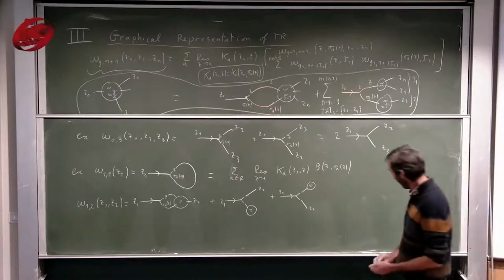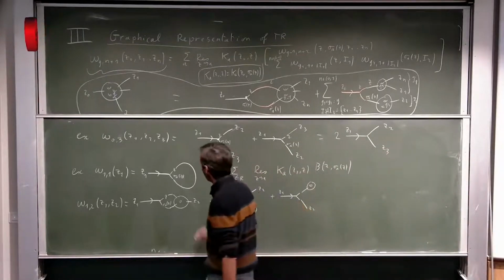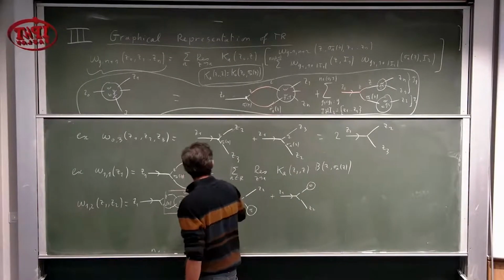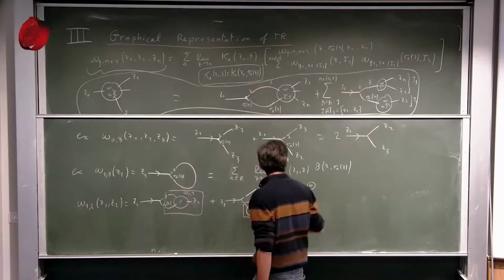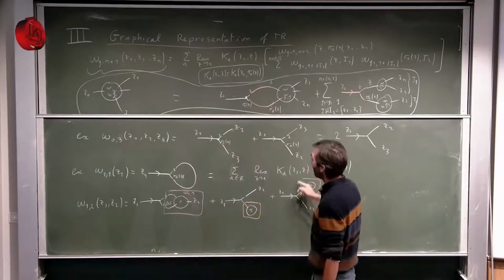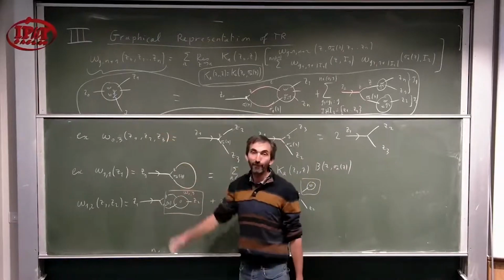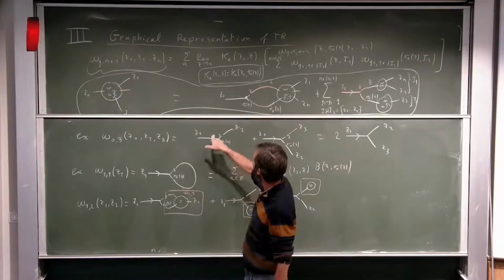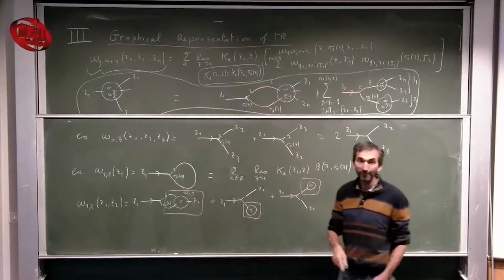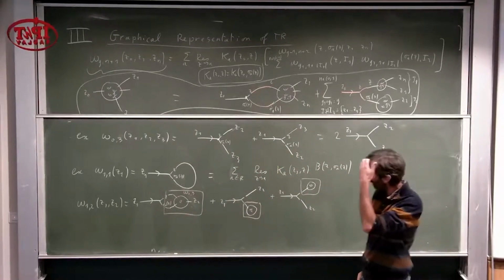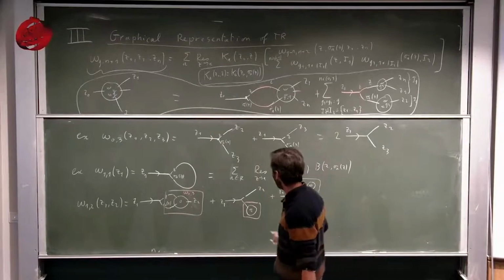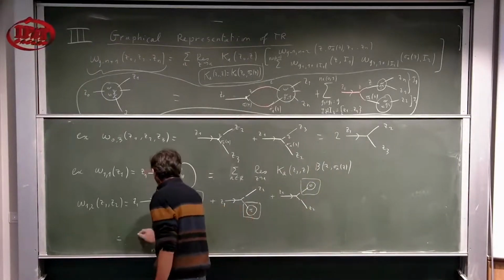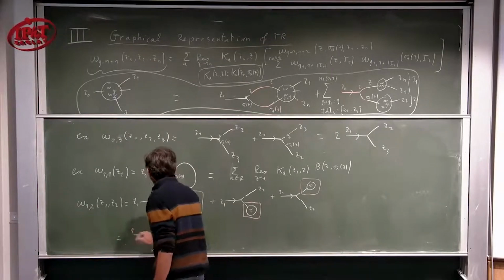But now, let me replace this piece, this omega 03 here, and this omega 11 here, or here, by what we have already computed graphically before. So let me replace this part inside by these two graphs. Or maybe in fact it would be easier for the overall. So here we put Z1,